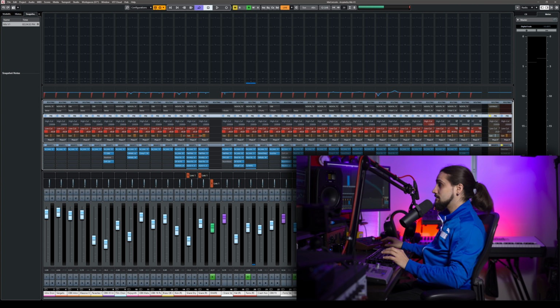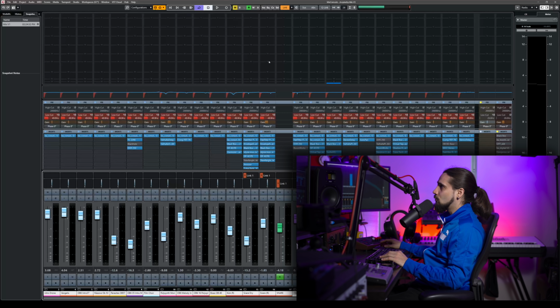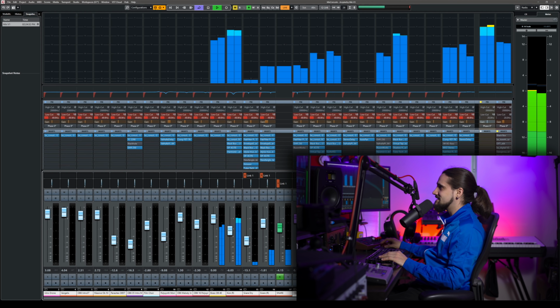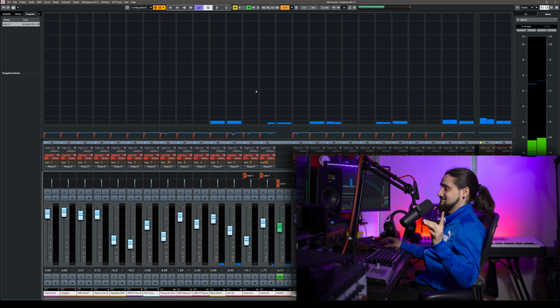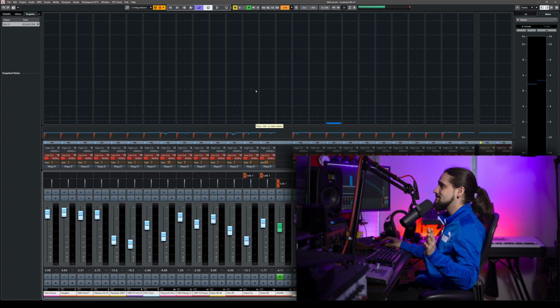I don't have to be so close at the screen and look at little icons and all these things. You know what I'm talking about. Now, with the meters in Cubase, you have quite a few options. See, we have these nice view meters here as well. But what else can we do? That's extremely cool, and I don't see many people use it.